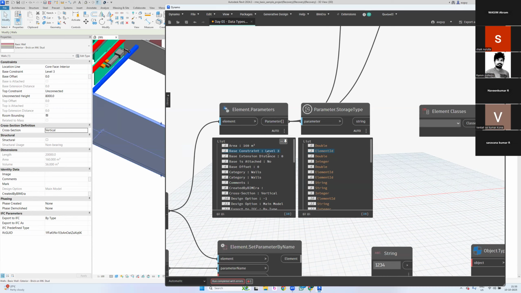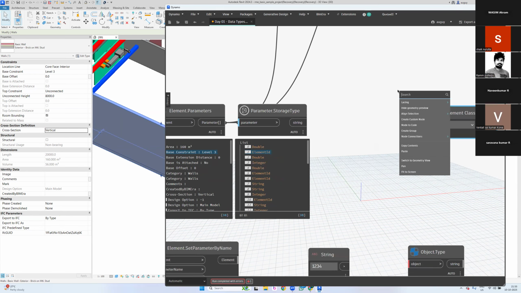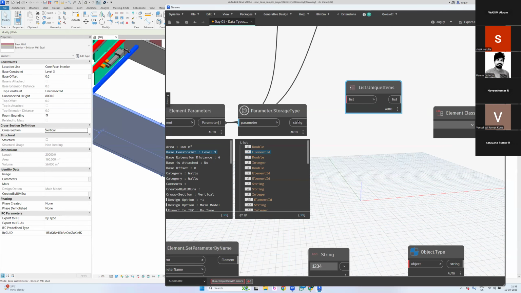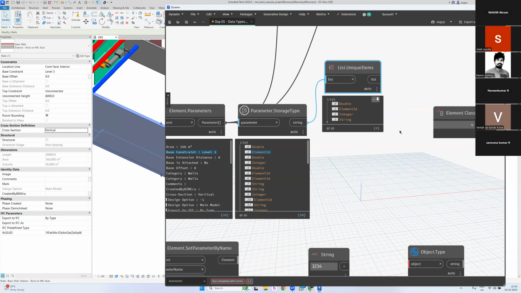Yes, yes. Actually, element ID, yes. Property. Bro, very simple. Actually, nothing to say. No more. List dot unique items. List dot unique items. When I say all this, out of these four,